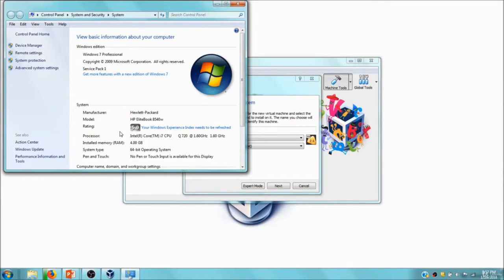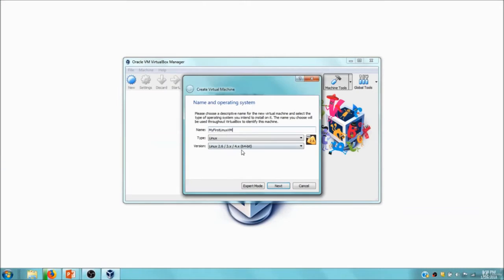And right here, where it says system type, it says 64-bit operating system. So that's one of the reasons that when I'm building my virtual machine, it is coming up 64-bit. The second reason you might not see 64 is if you don't have virtualization technology